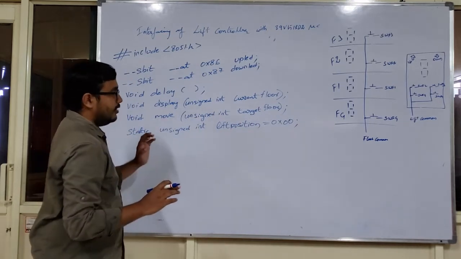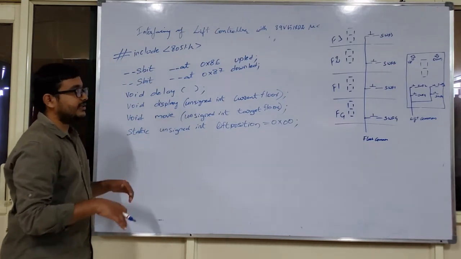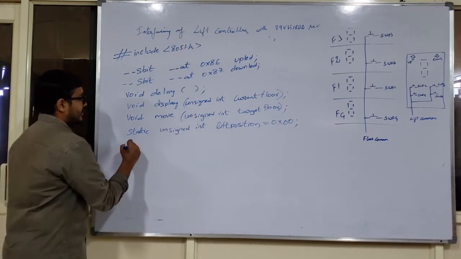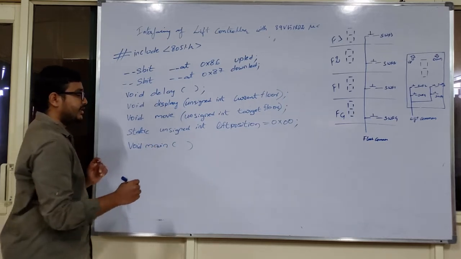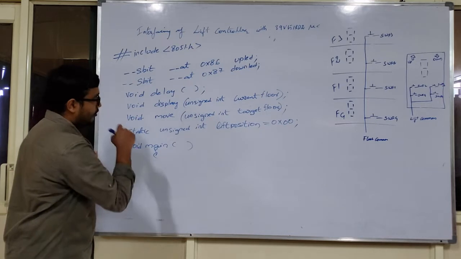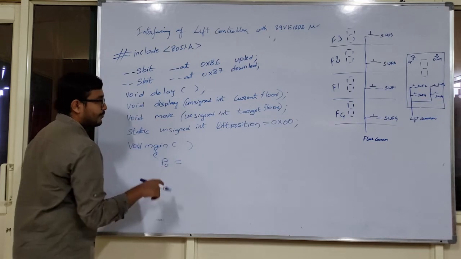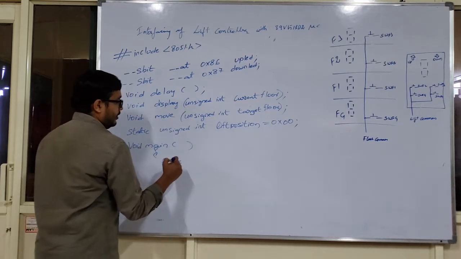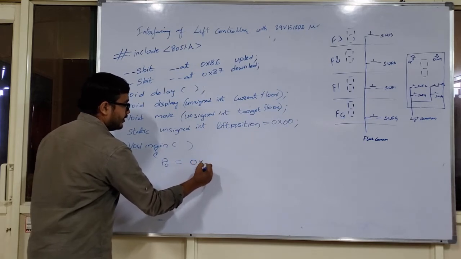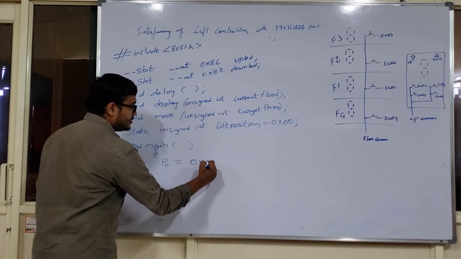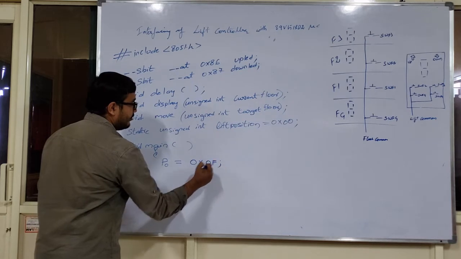Now, as I have completed all the things which have to be present before starting the void main program, let me start the void main program. Void main. The lift is a continuous activity. So what I will be doing here: P0 is exclusively used for push buttons. Now, P0 being exclusively used for push buttons, let me go with the initial value of P0 as 0x0f. Why it is 0x0f, I will let you know.